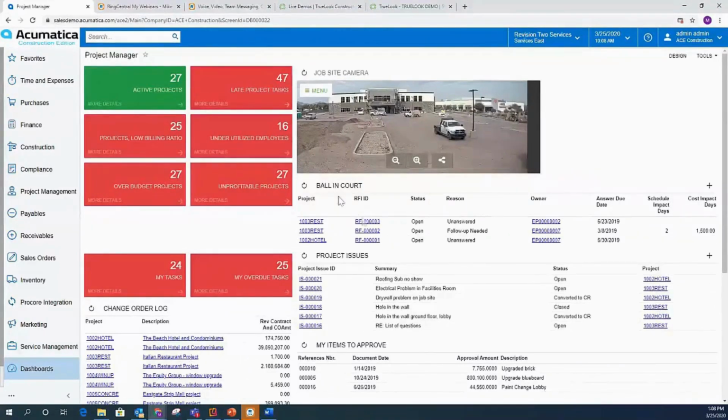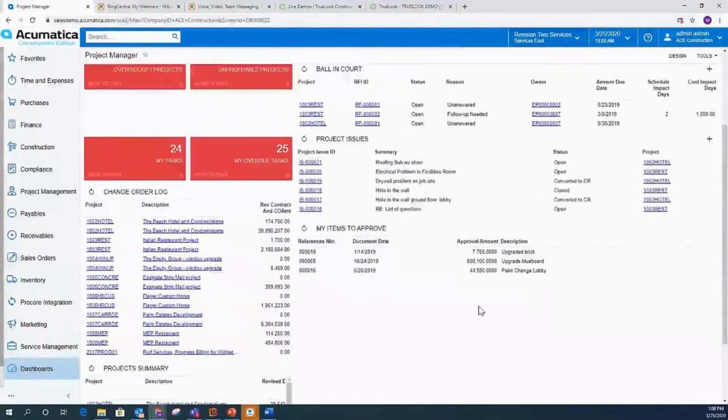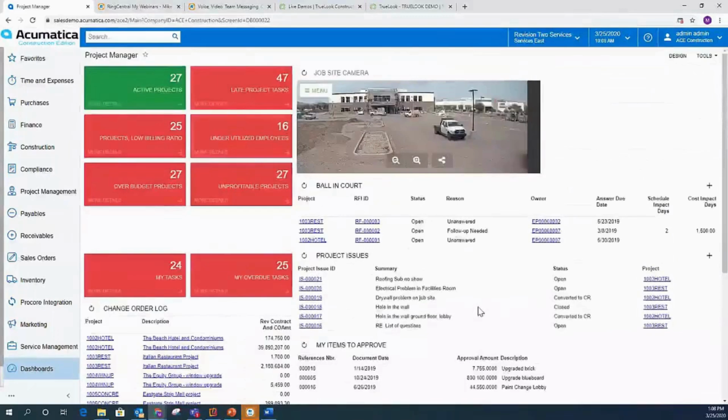I've got ball and court items, the RFIs, the project issues I'm dealing with, everything available to me in a graphical representation, allowing me to keep up to speed with the project. And as you guys are all aware, projects move at a rapid pace, and you need to be able to keep track of all those projects and what's happening